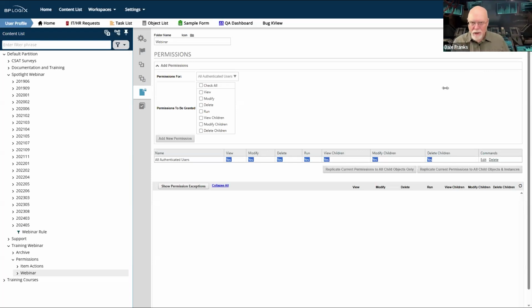Because of inheritance, we recommend that you set your permissions at the folder level. And once your permissions are set, then you can create the objects in the folder to inherit those desired permissions. And by inheriting those desired permissions, we can then see that every object that gets created has all of the correct permissions. So it makes permissions management easier for us over the long term.